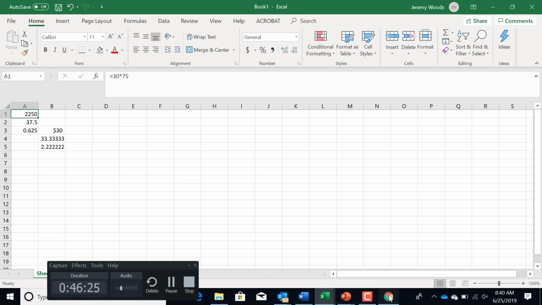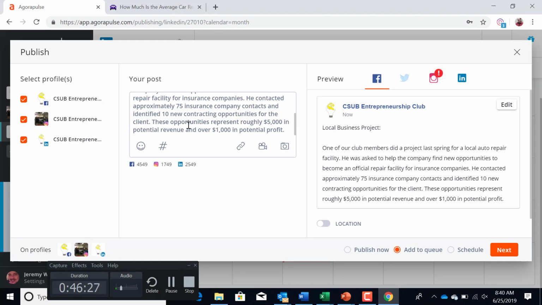So if you were typing this one and you weren't sure if you got the numbers right, you've got like 1,700 words left. So you could actually put in parentheses $5,000. So 500 per repair job